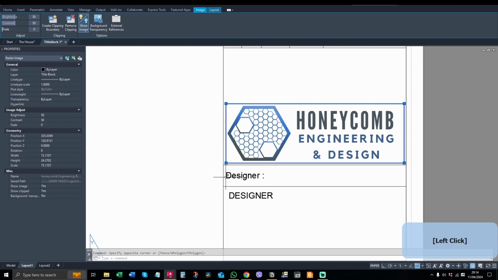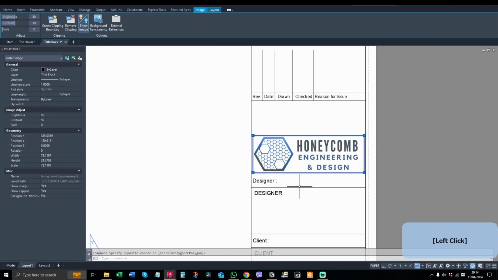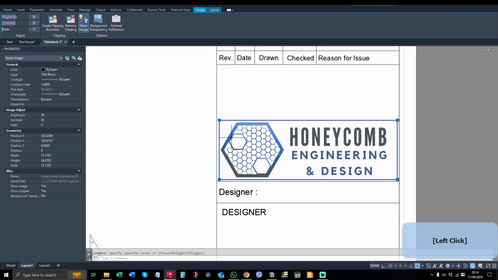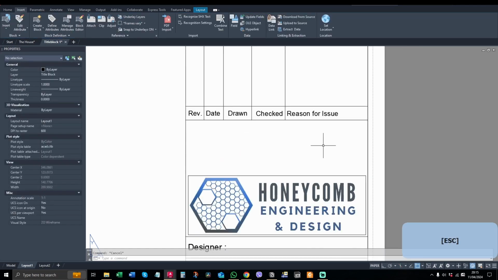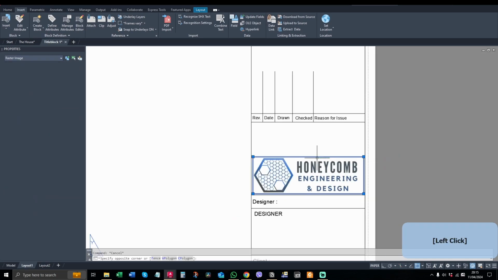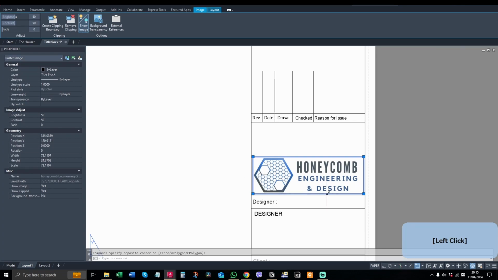What you can also do is, if you look at the properties here, I love the properties menu, by the way. You should definitely keep this open as much as you can. I take it off for aesthetic reasons sometimes, but otherwise it's always on for me. So you can even set things like background transparency, if you've got a white logo or a black logo, or if it's got a background in it. The other thing you can do is, if you don't want to see a border around it,